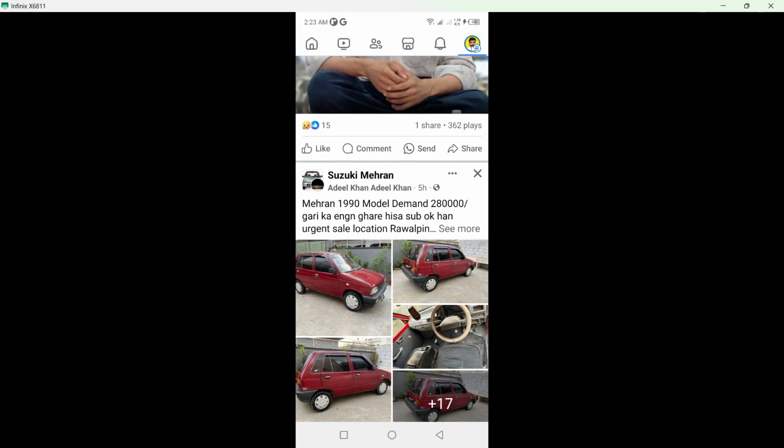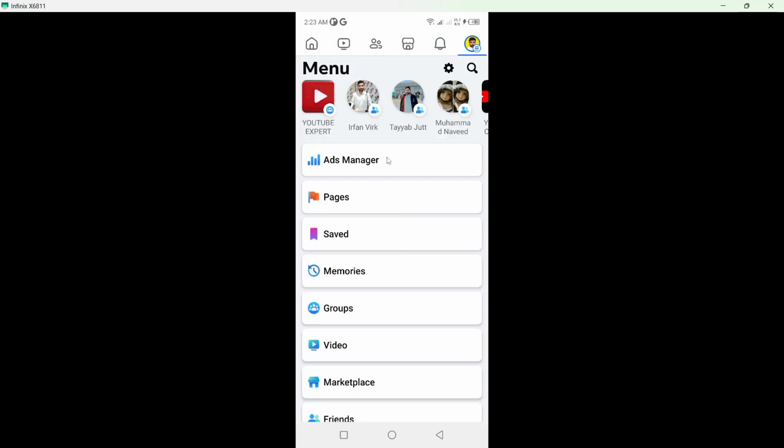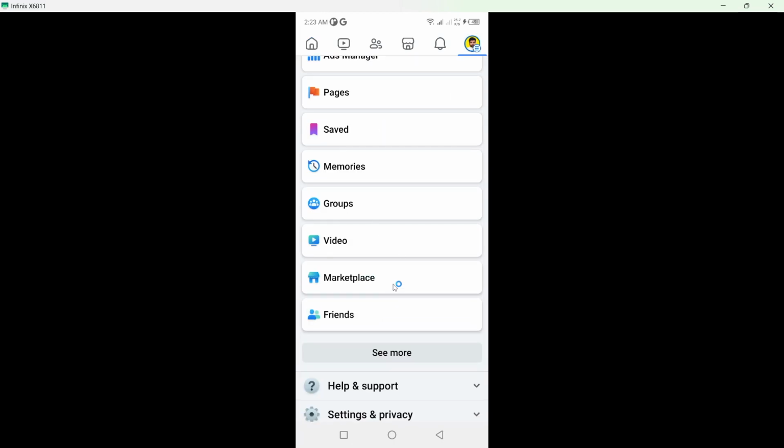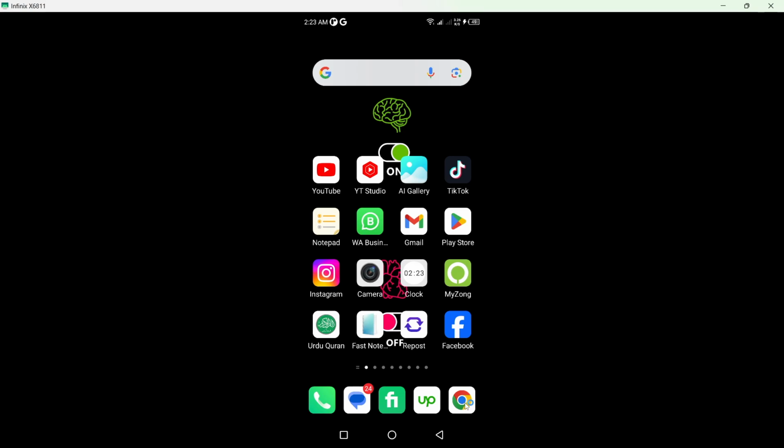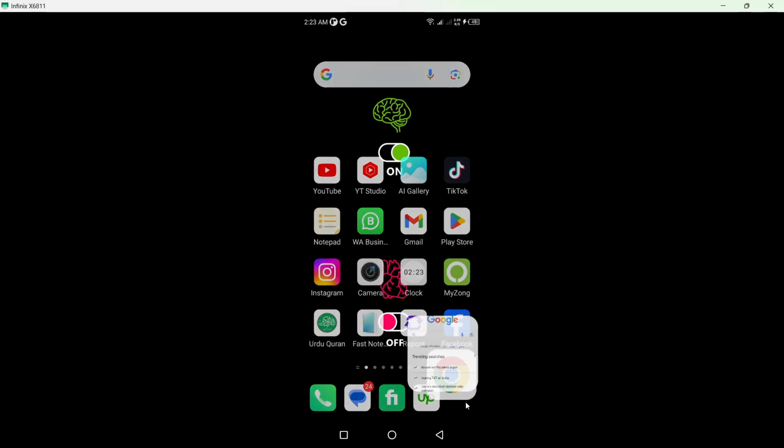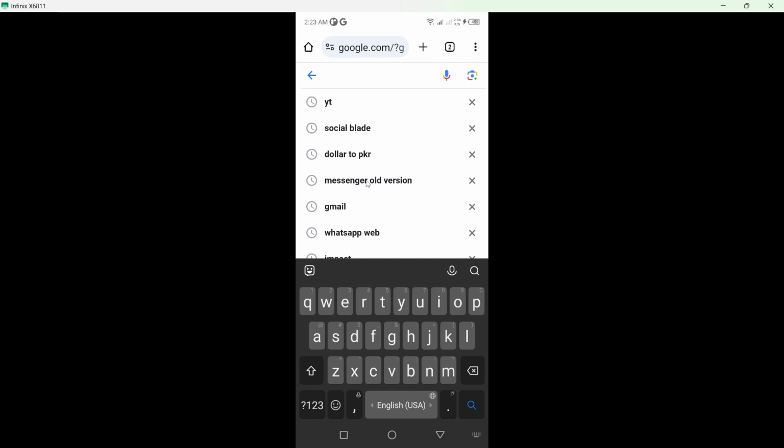Then click on your profile picture, and here you can see an option for dating, but here you can see that I am still unable to see that option. So you need to go back, open any browser and search for Facebook